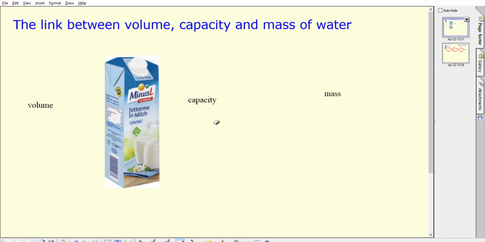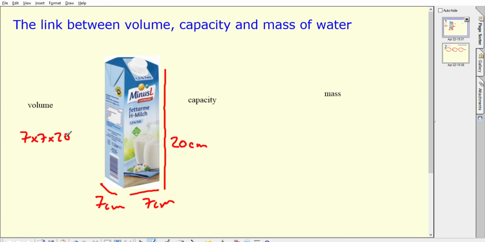I just want to do a quick video about the link between volume, capacity and mass, particularly for water. As we saw in the last lesson, we could work out the volume of a cuboid by measuring the length and the width and the height. And that would give us a volume of 7 times 7 times 20, which is 49 times 20, which is